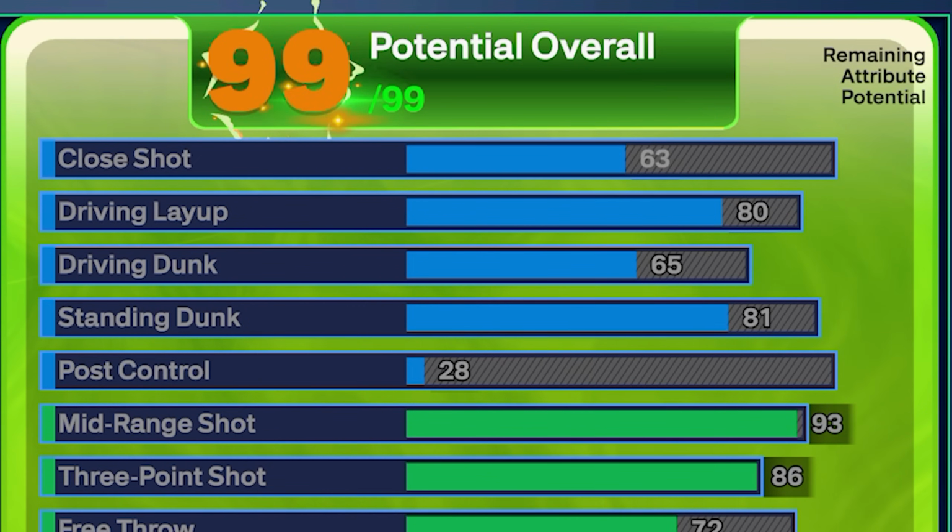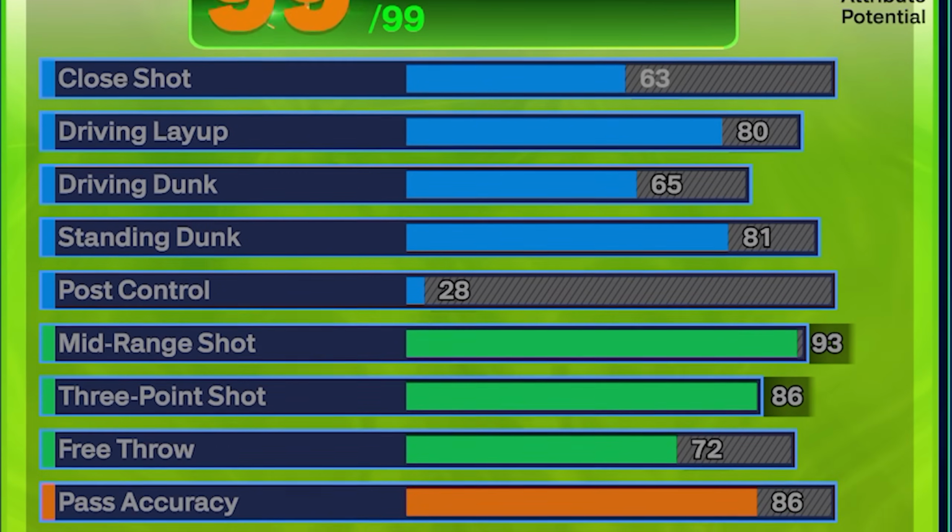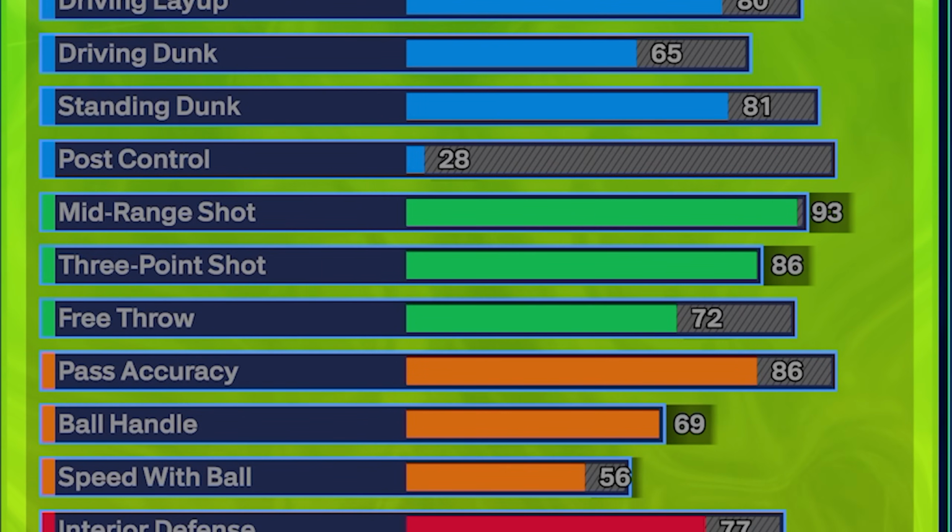So starting things off in the finishing, we have an 80 driving layup just so we can get some layup packages on this build, 65 driving dunk and an 81 standing dunk. I did not want to put a whole lot into finishing on this build because, again, this is a pure stretch 4. And now moving on to the shooting, we're going to have a 93 mid-range shot as well as